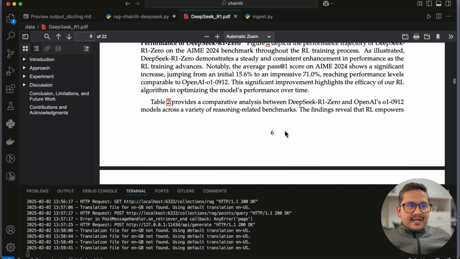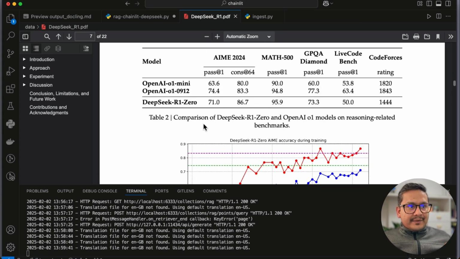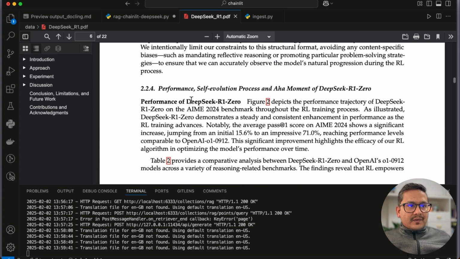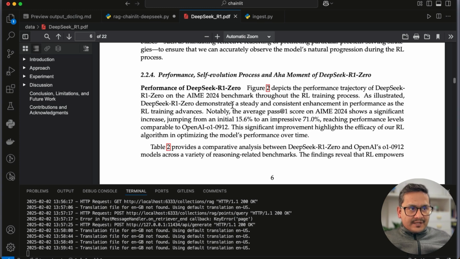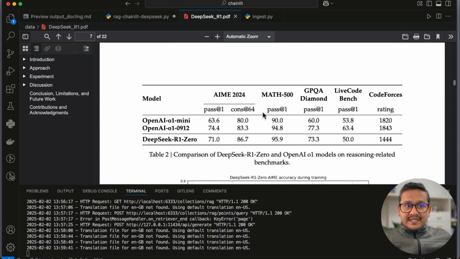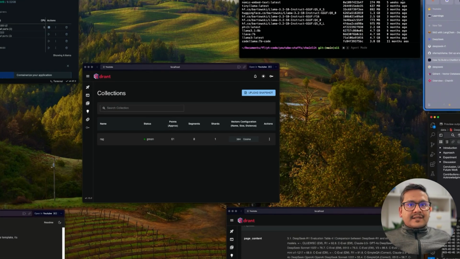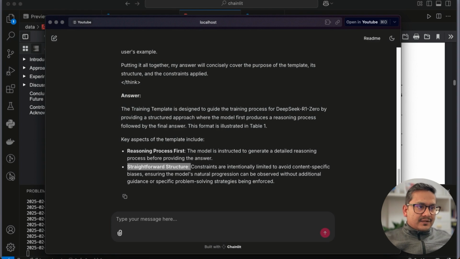Now let's ask some questions from table information, right? Here what we can do is, this is the performance of DeepSeek R1-Zero. We can ask questions from this particular table also, to see if it can provide us the answer or not. Let me ask about the Math 500 for OpenAI o1. Let's see what I can do. I can ask the question,